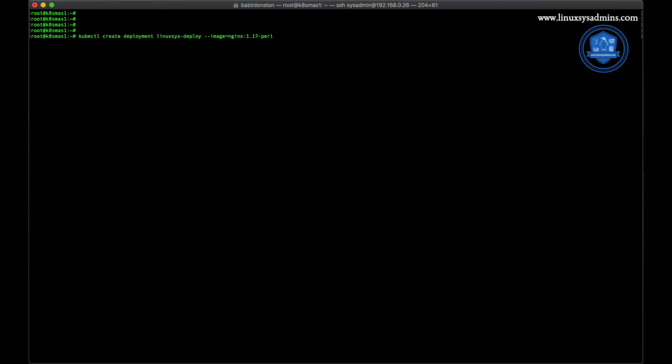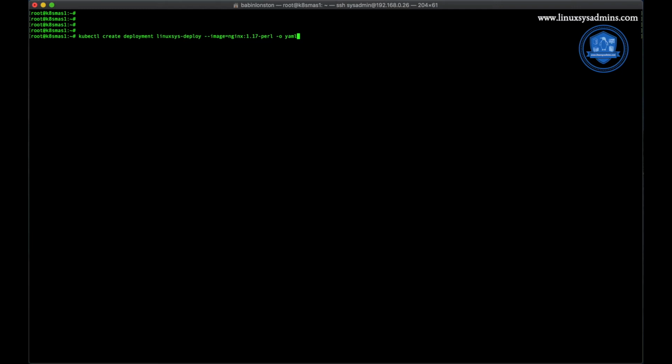nginx:1.17-perl. Okay, if you don't want to create the deployment but you want to know the YAML code used in this deployment, it can be seen using -o yaml. If you use only -o yaml, it will show the YAML on the screen, and at the same time it will also create the deployment in the background.